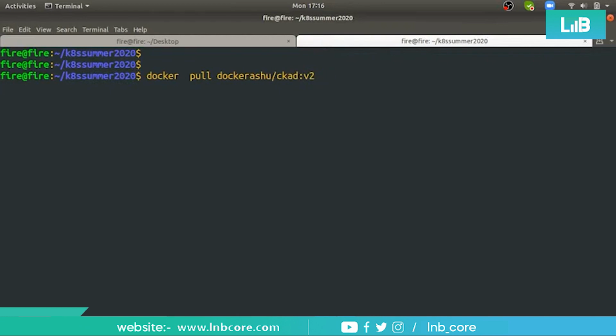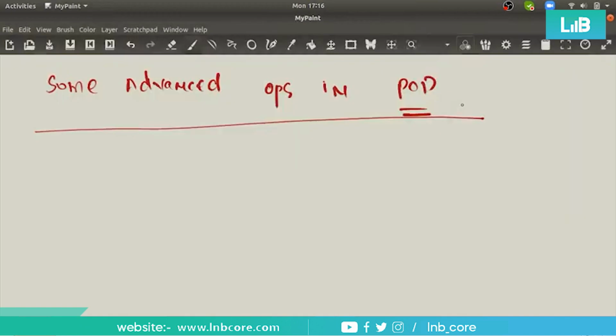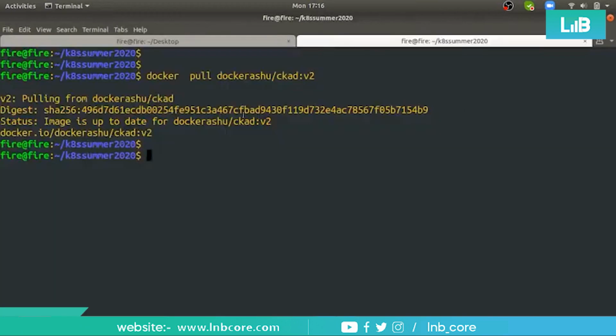So what I'm doing is I'm pulling that Docker image from Docker Hub, and I have this file, and if I show you by docker images,